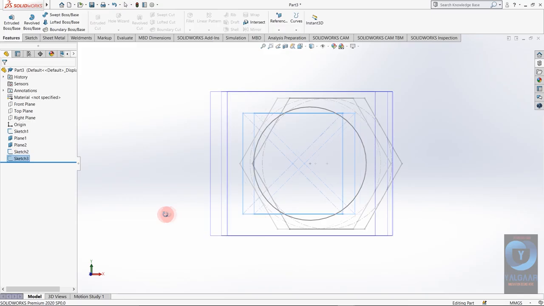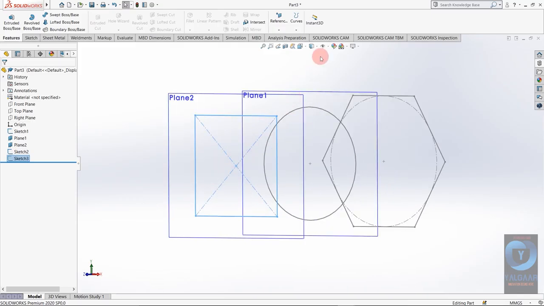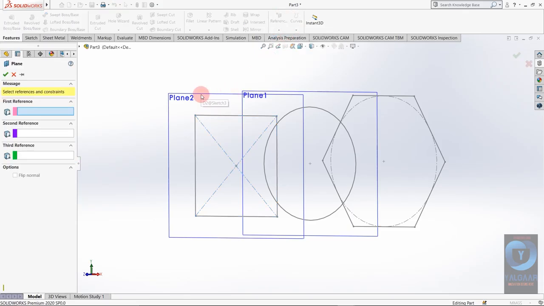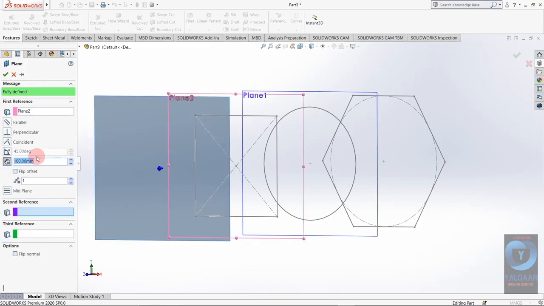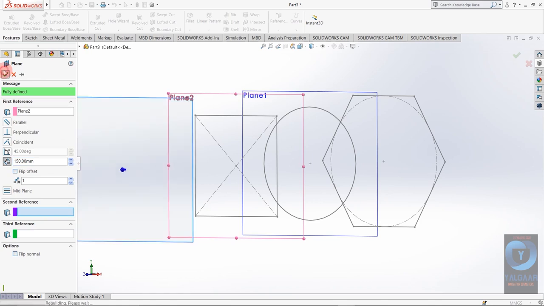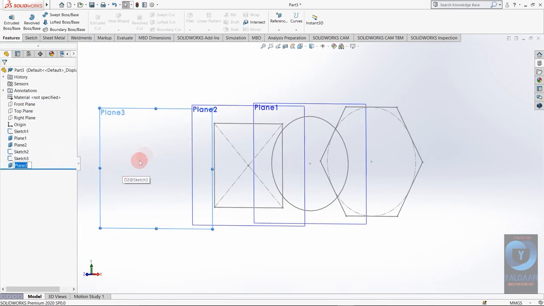Now I am going to take third plane, which will also be parallel to front plane. Only the difference is it is 150 mm from plane number 2. So reference plane, select plane number 2, distance is 150 mm. Okay, so as you can see third plane is generated.